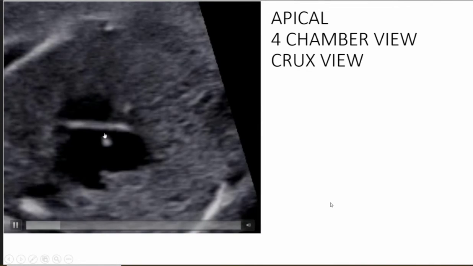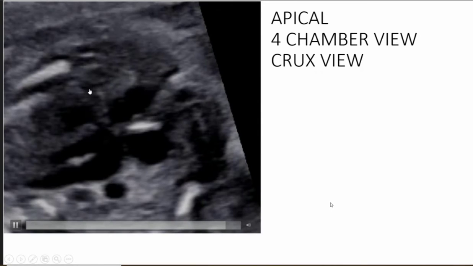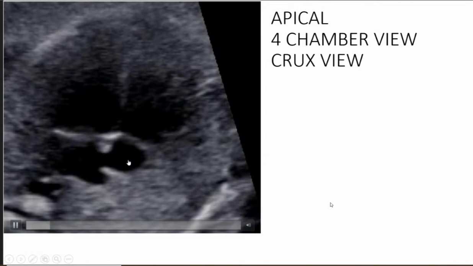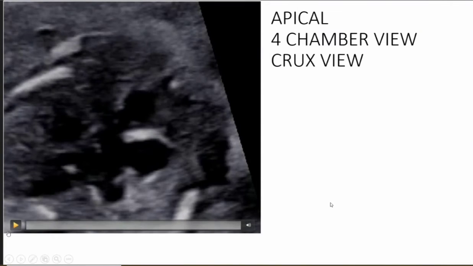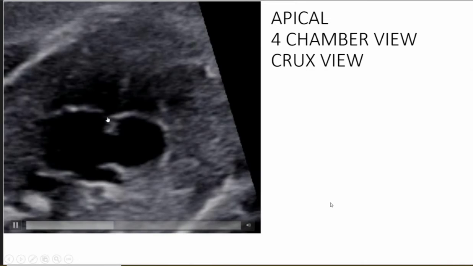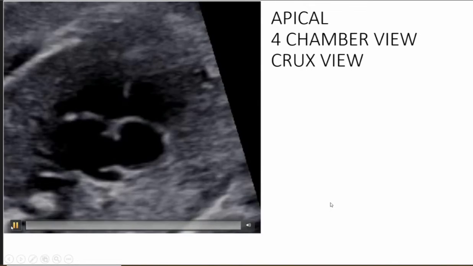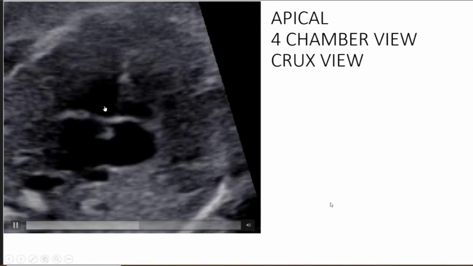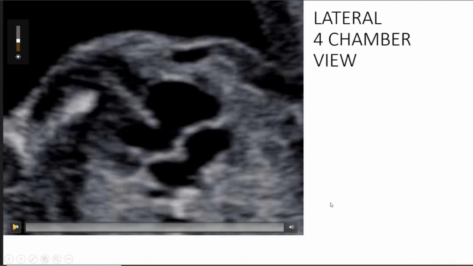So now observe both the leaflets together. It will be joined by an oblique line between right atrium and left ventricle. So that is the atrioventricular septum. So by demonstrating the atrioventricular septum, you have ruled out the possibility that there is loss of offset of the septal leaflets. So the crux should be intact as shown here. There is no ASD, there is no VSD, there is offset of the tricuspid and mitral valves.